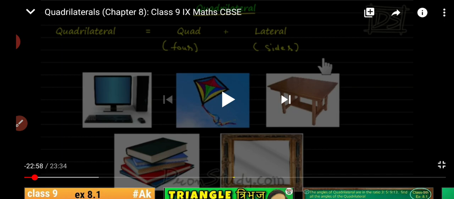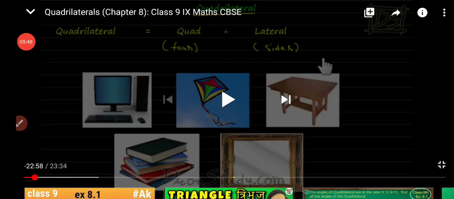Okay. Now our new shape is trapezium. We have talked about what is a trapezium. If in a quadrilateral one and only one pair of opposite sides is parallel, then such a quadrilateral is called a trapezium. The diagonals are not equal in measure and do not bisect each other. In a trapezium, the diagonals do not bisect each other. Understand?